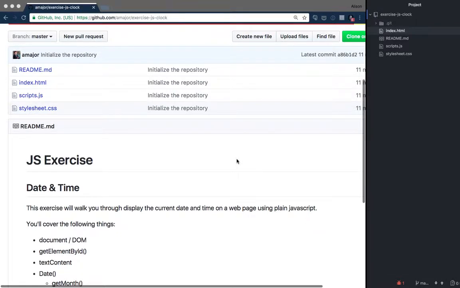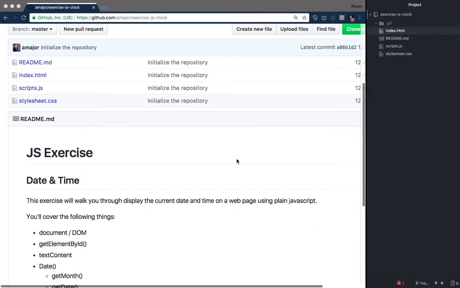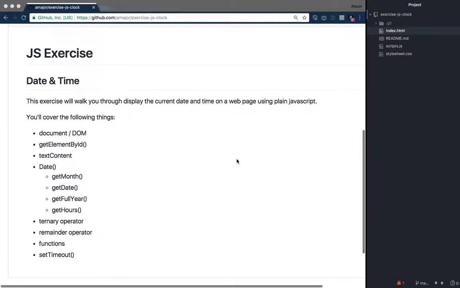So in this exercise, we're going to go over how to make a date and a time appear on a page using just HTML and JavaScript. And so if you've pulled down this repository already, I've given you a few starter files, but